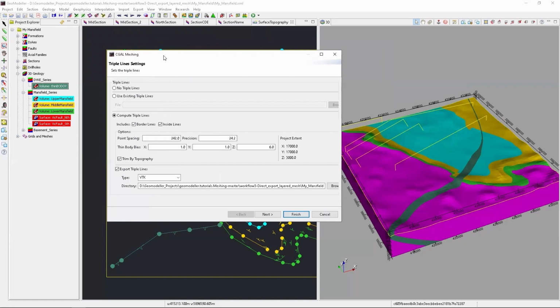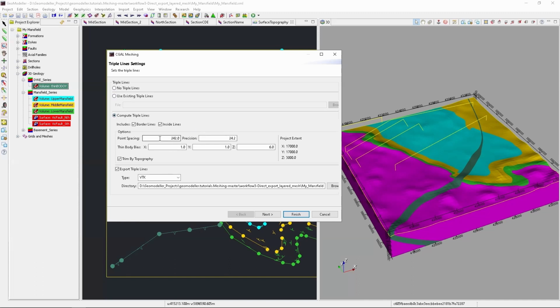This wizard allows us to create various finite element meshes and various customized meshes that include the various components, where we can either compute the triple lines stored in our data set in our model, or we can use no triple lines into consideration, so that it only gives us the default set of structures. I'm just going to use the default set as of now,